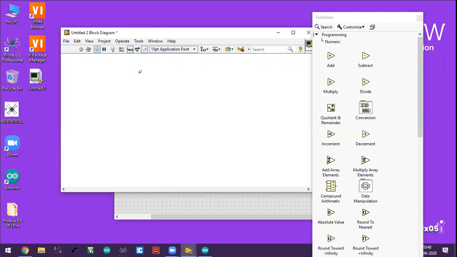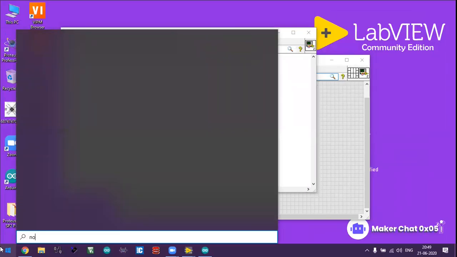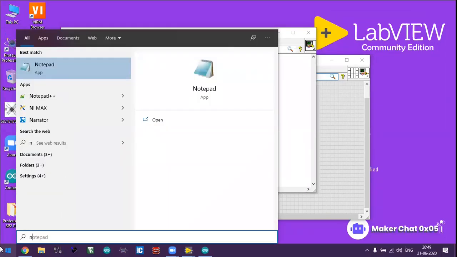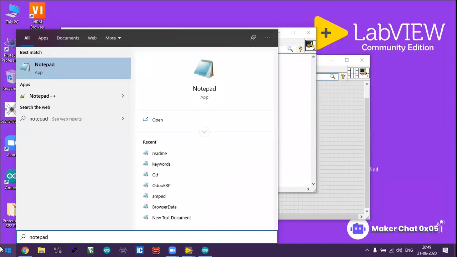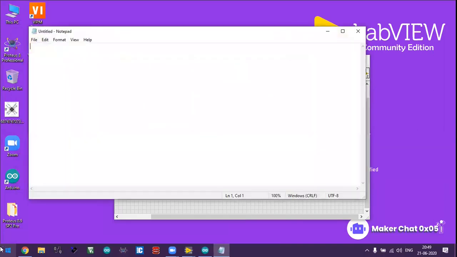In older LabVIEW versions, you have to download VISA. I'm writing the exact name of that particular plugin in Notepad. It is the NI VISA driver.